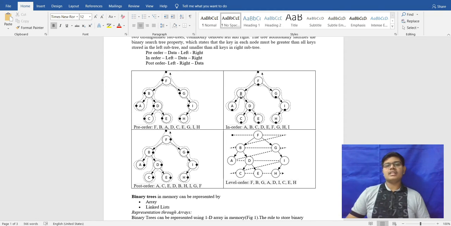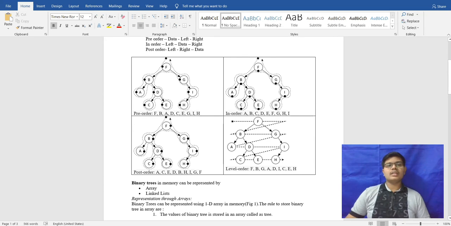This is the parent, this is left, and this is right. In in-order, first it will go to the left, then here it will go, and this subtree also has one left element, so here A, then it will go to the data, and right, it is also a subtree. This is also a subtree, it will go again to the left, here it will go to the data again, right. So here this is over, then it will go here, it has only these elements, then G, it will go to I and H, so it will print all the elements here.